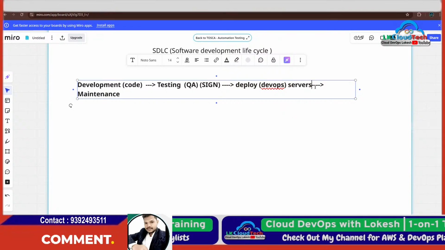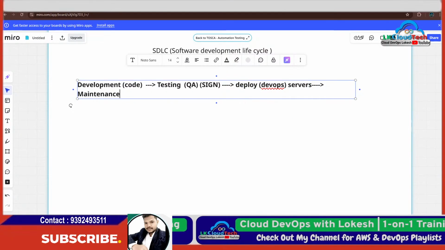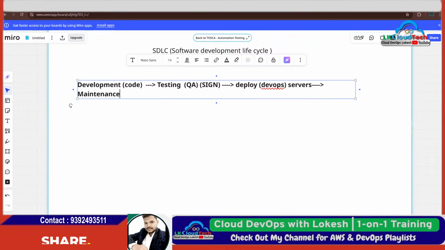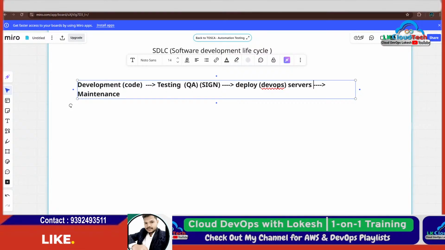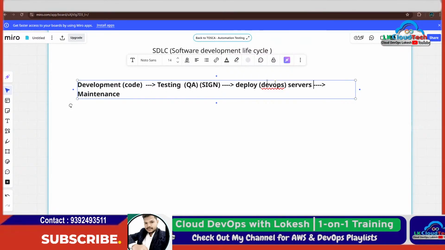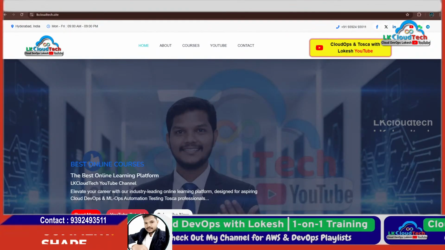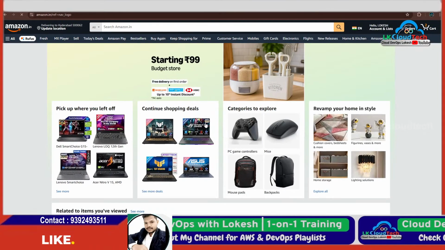Okay, so once they keep it in the servers, maybe AWS cloud, it might be Azure cloud, or it might be GCP, whatever, it doesn't matter. They may keep it in any cloud servers. After finishing deployment, you could see all those things. Okay, so the tester will test